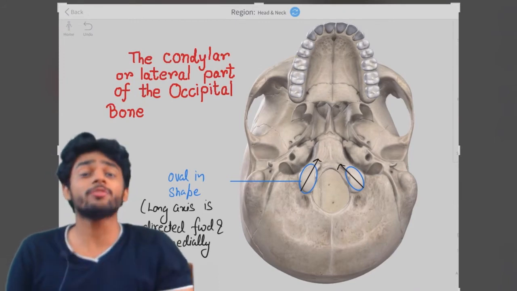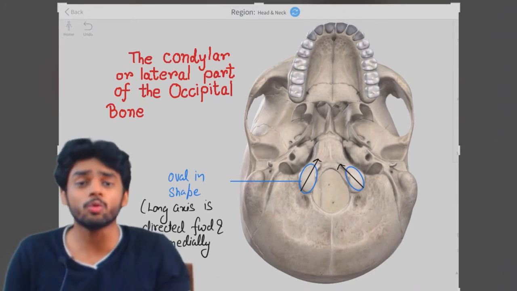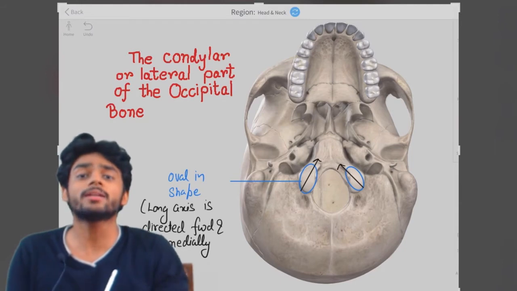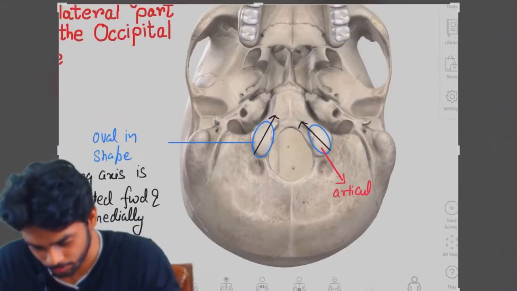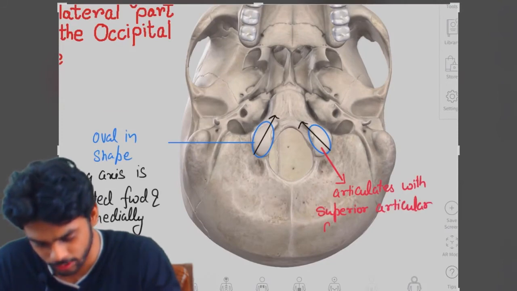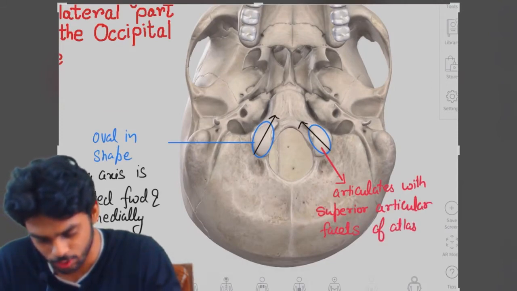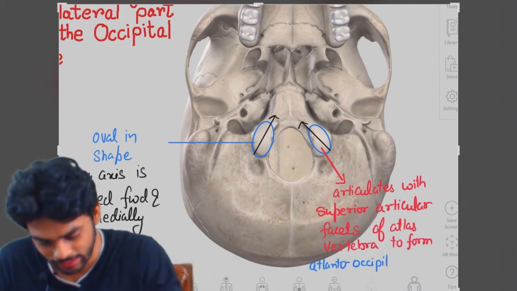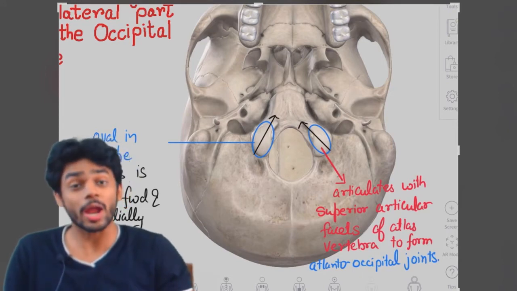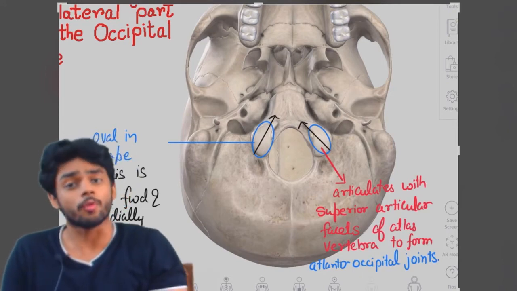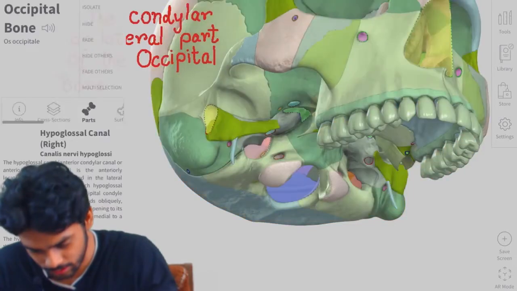They articulate with the superior articular facets of the atlas vertebra. See, this articulates with the superior articular facets of the atlas vertebra to form the atlanto-occipital joint. Yes, the atlanto-occipital joint is formed here. See here,